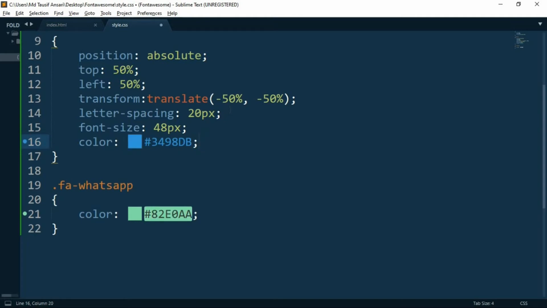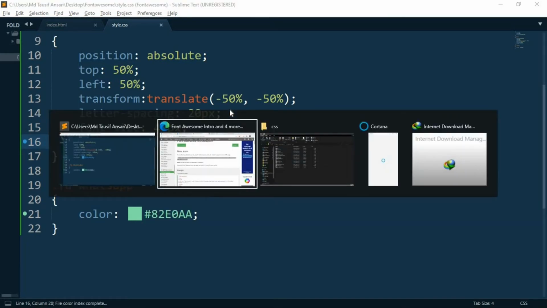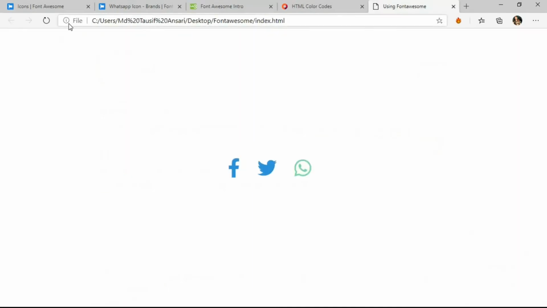Yeah, so here it is, and basically it won't change anything. It's just the same. Just the fab class has changed to the fa class, and nothing much else.